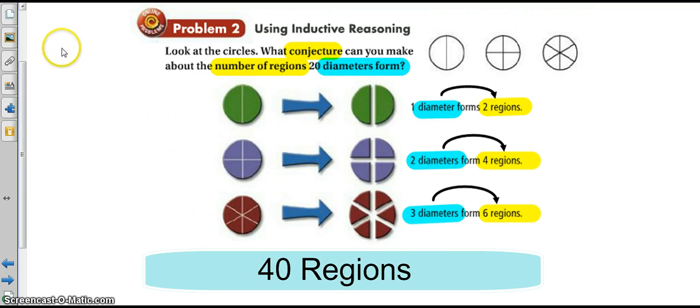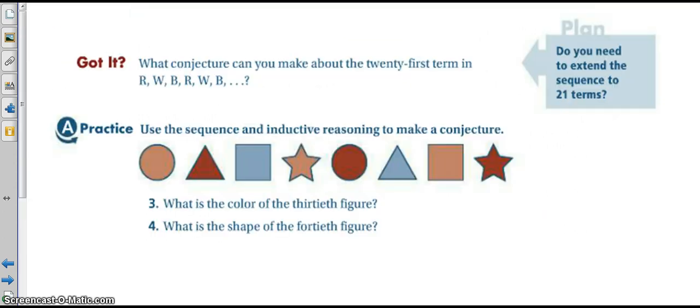So there we go. We will move on to the got it of problem 2. If we saw this pattern, and we have RWB, which I like to assign words or values, so I would say red, white, blue, red, white, blue. So I see that I'm kind of cycling through these colors. We continually, maybe this is how a candy machine spits things out, or you could assign a lot of different